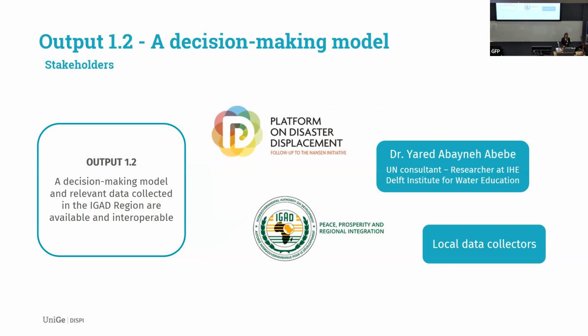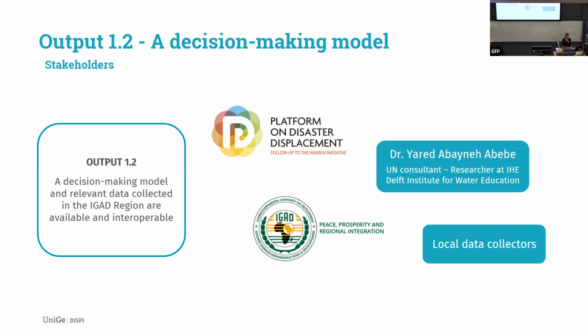But it's not enough, because the displacement dynamics, the decision-making process, is not based only on loss of the house, loss of livelihood, or loss of access to services. There are also other elements that need to be taken into account and that we can't consider in a probabilistic model. I mean, for example, interactions between people, the impact of policies on these dynamics, and perception, for example. That's why we have output 1.2, which is about a decision-making model that can capture